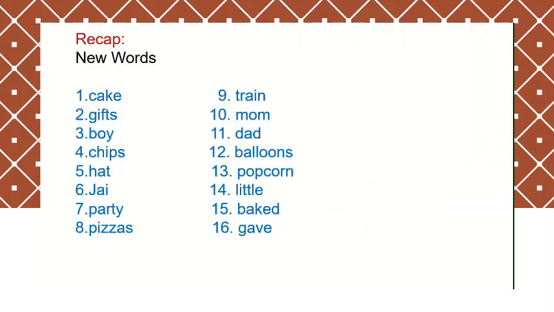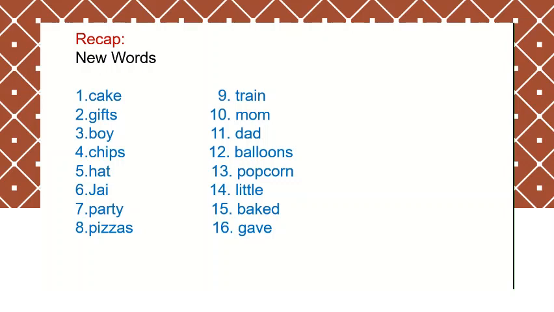Let's start with a quick recap of the new words which we had done in the English class workbook in the last lecture. Number 1, cake. Number 2, gifts. Number 3, boy. Number 4, chips. Number 5, hat. Number 6, jai. Number 7, party.